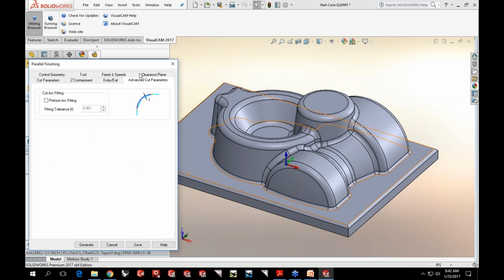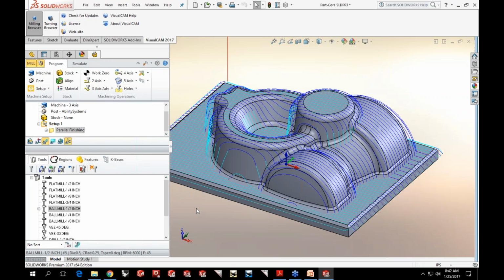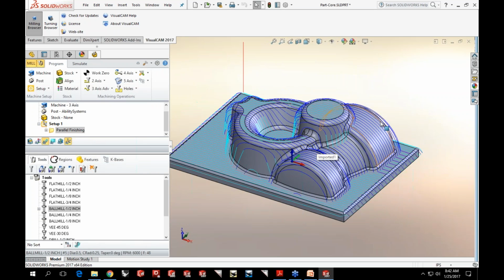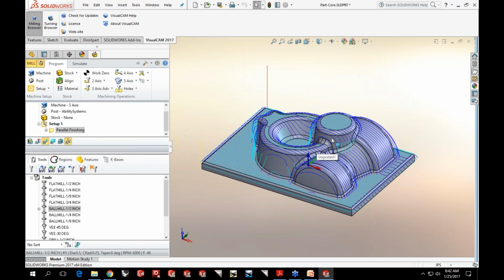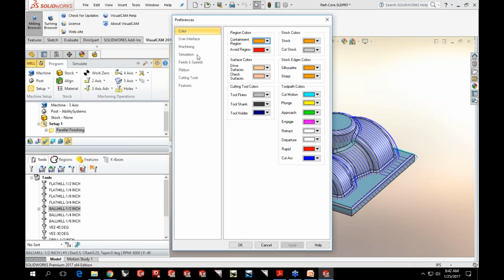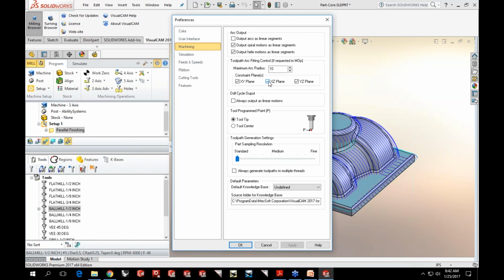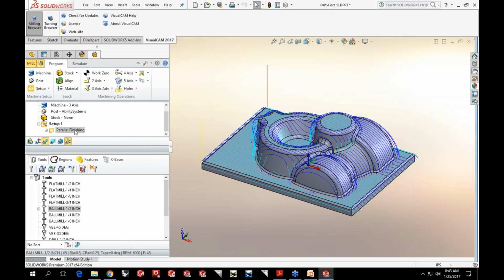We'll select the tool, and under advanced cut parameters I'm going to choose to perform arc fitting. As I generate the toolpath, you'll notice that the arcs are being fitted to the toolpath in the 3 principal planes. Now if I choose to change any of the parameters in here, if I chose not to output arcs in the X, Z, or Y, Z plane and go back and regenerate the toolpath, you'll notice that the